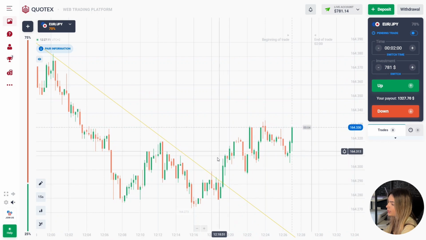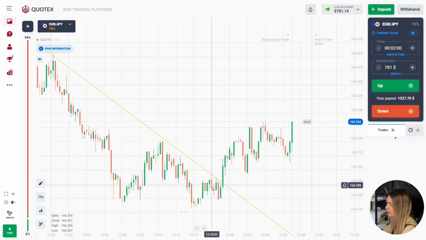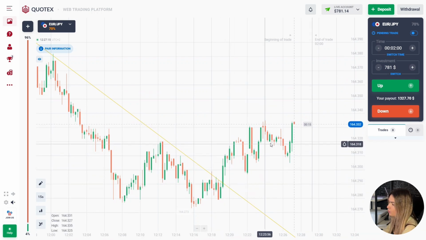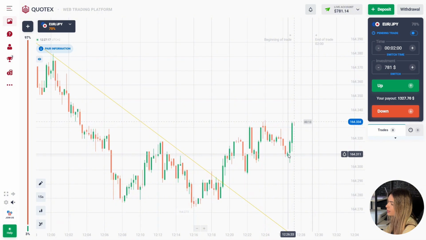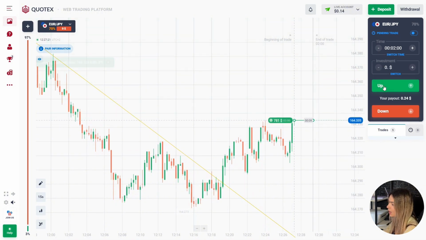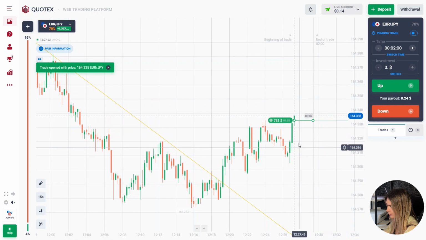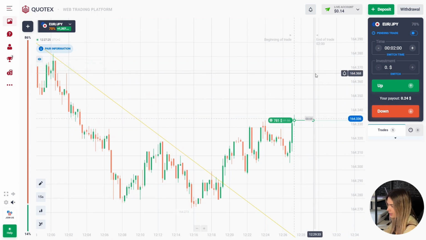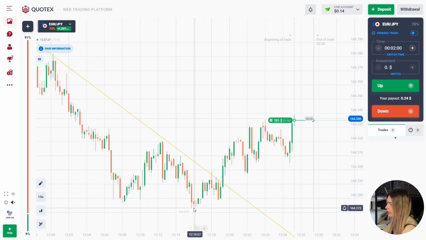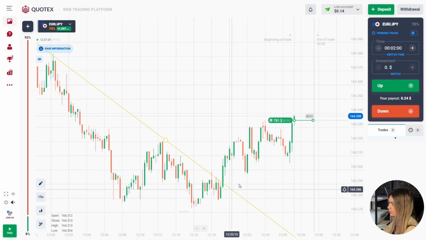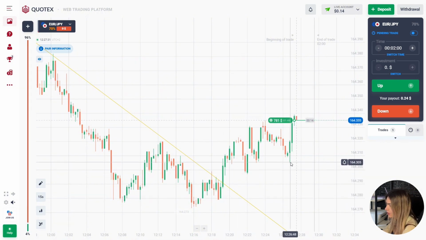So here we had a breakout of the trend line. There was a price reversal. Now the price is moving on an uptrend. In a situation like this, I will open a deal for 2 minutes up, because I think that the price will continue to move up. At the same time, the main price lows on the chart became higher, and we have